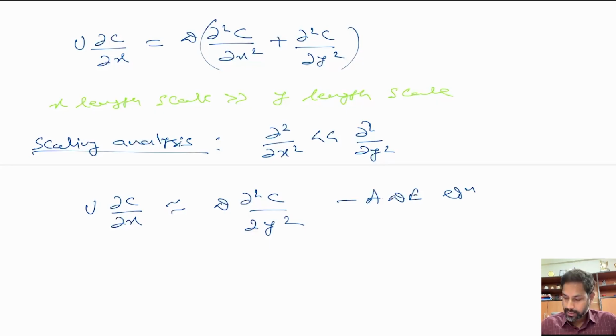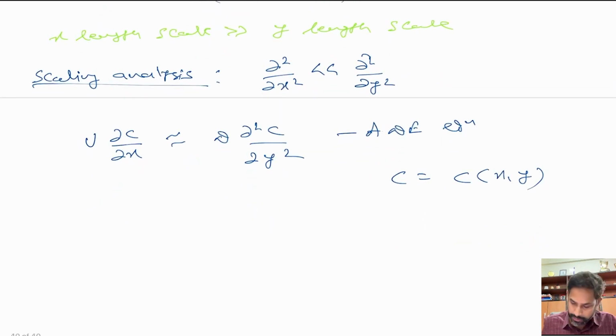Okay, so this is a simplified equation, as we have discussed different conditions for which we are able to find this equation, and now we want to solve this for finding concentration profile, where you can see C here is a function of x and y, whereas in previous equation, in the diffusion equation you saw before, C was a function of x and t. Okay, so now if you solve this equation, this will give us the concentration profile